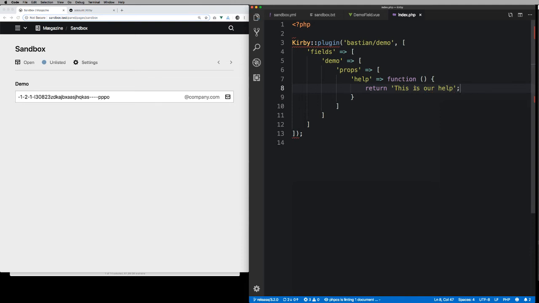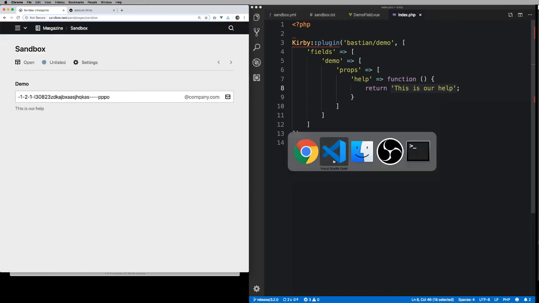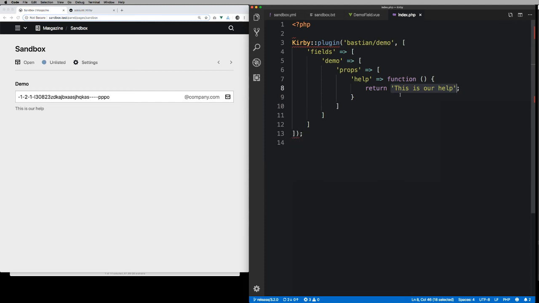This would mean there is no option to modify the help. Every time this text is being sent to the API and it ends up in our field, and we can see this here. So this makes it a static value basically that we can use in Vue.js that comes from the backend, and we can use that in simple ways. Let's say we want to make this company address here configurable, then we create a new company